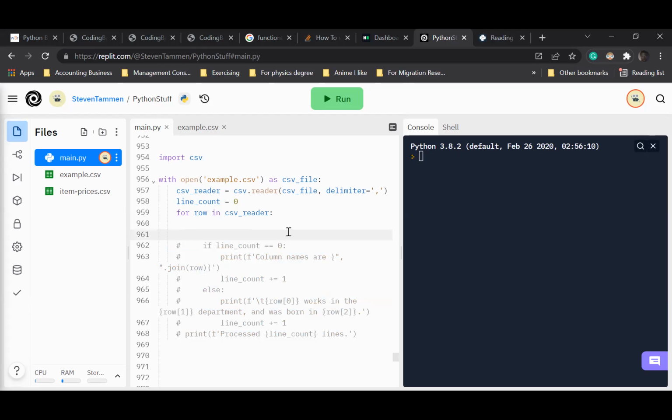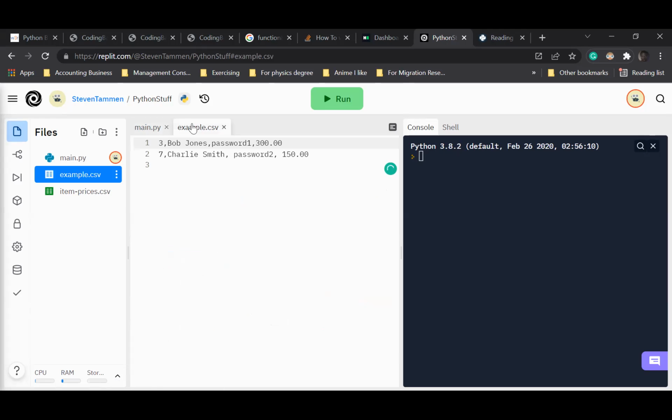Okay. So now the question is, you see the second print statement they have? To make it more readable, I don't like directly indexing like that. If we go look at our file, and remember to use the tabs up top so that it doesn't scroll you. So if we go look at example.csv up there,